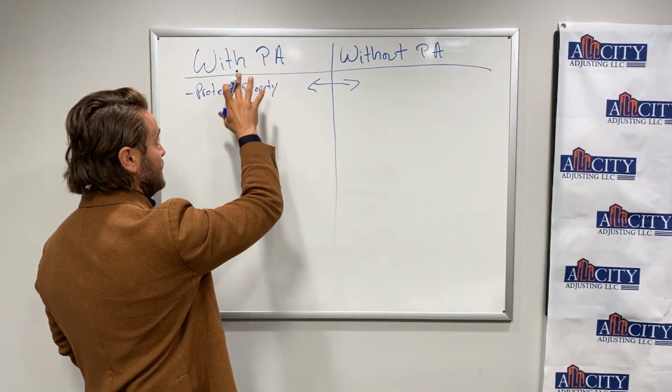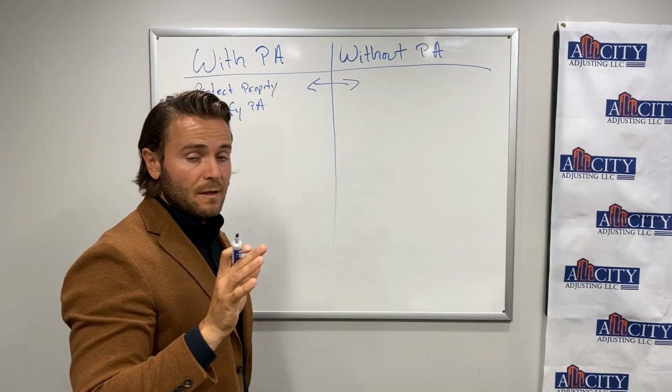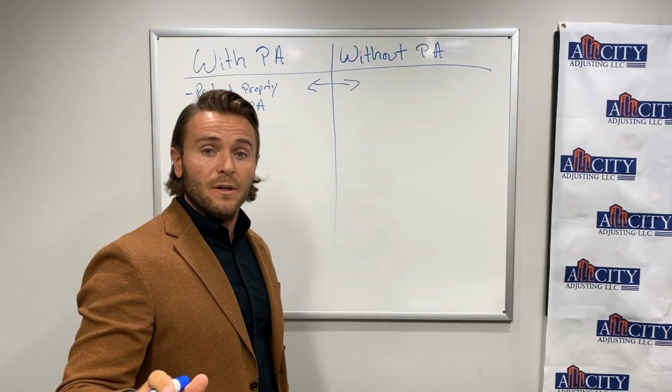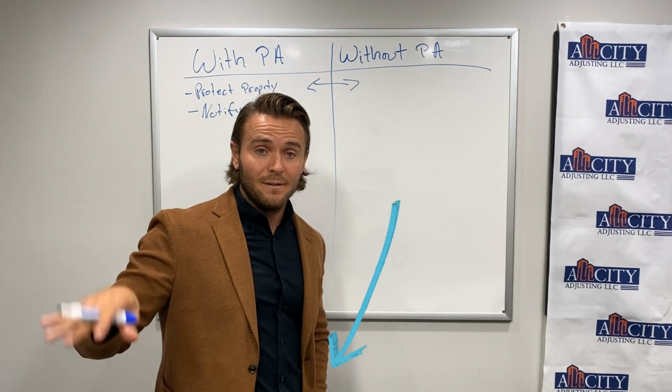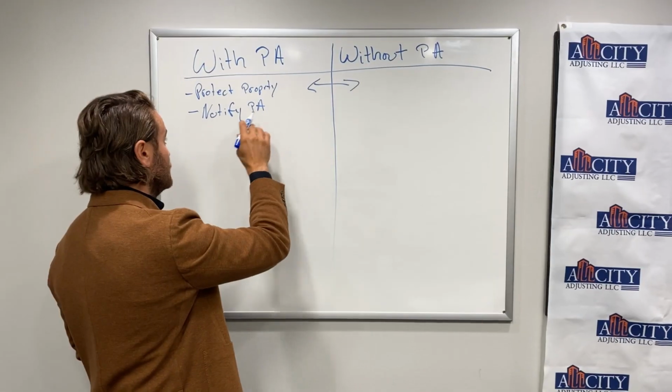We're going to keep going with a PA. What do you have to do? You have to notify your PA. This is assuming you've already found the PA, you know a PA, and you're going to notify them. Now, if you don't, there's another video we did on how to find a public adjuster. We'll have a link in the description below or somewhere, and that way you guys can look at that. But for now, you're going to notify that PA. Once you notify the PA,